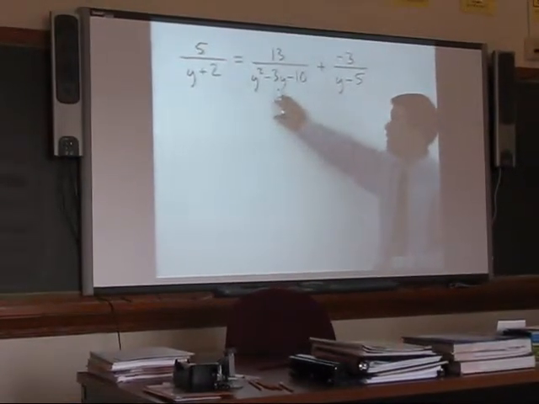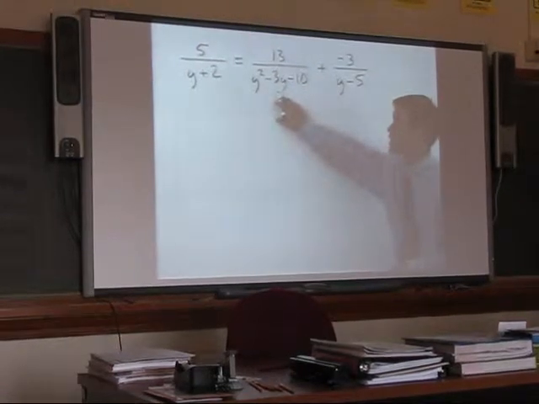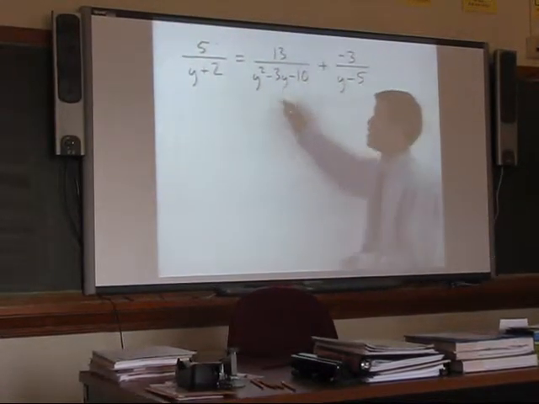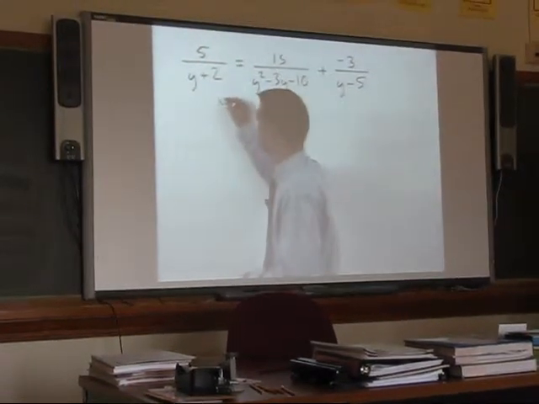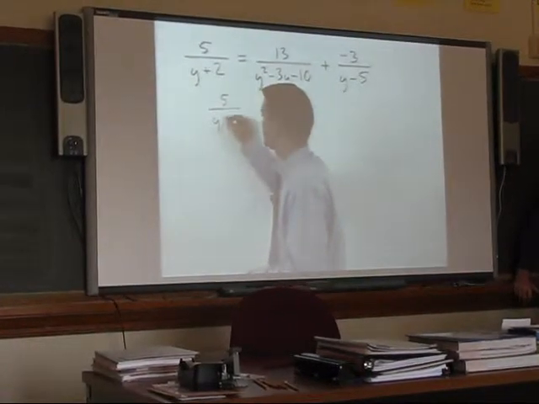To find the common denominator, notice that we must factor y squared minus 3y minus 10 as y minus 5 times y plus 2. So we have 5 over y plus 2